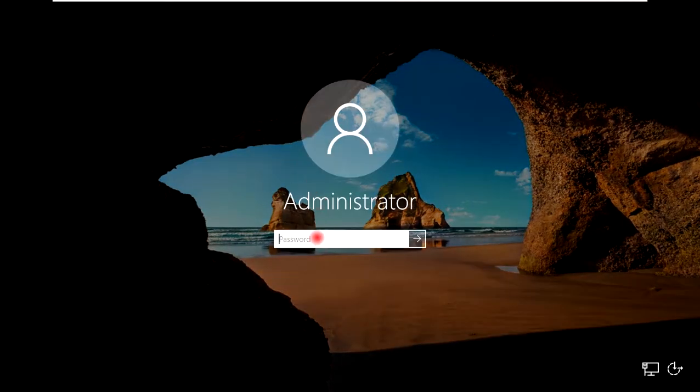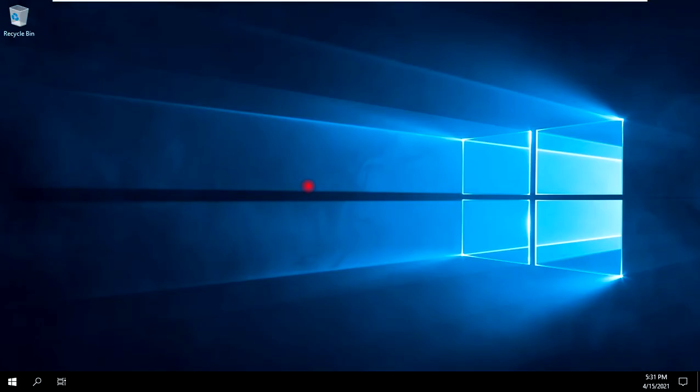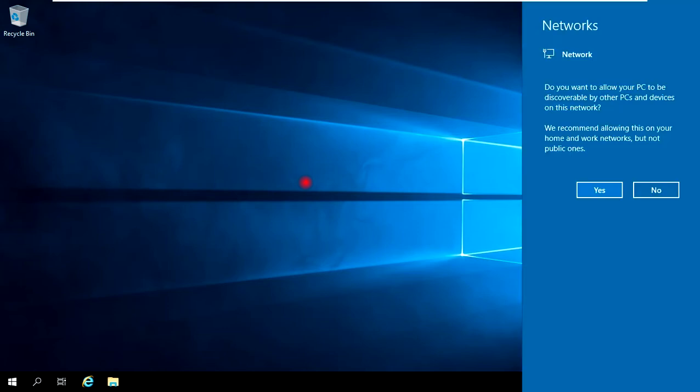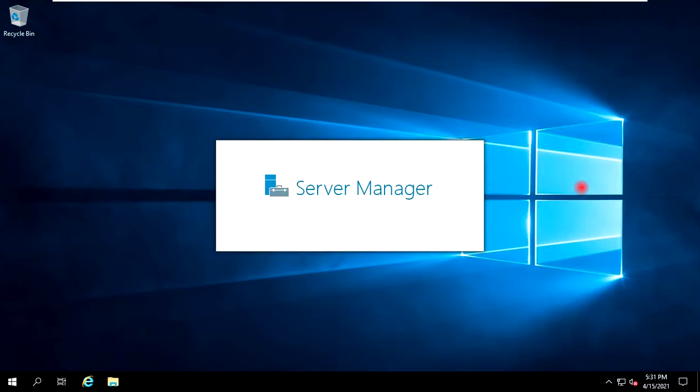I will provide the password for the administrator. We have now successfully logged into the local administrator account. Yes, it has taken the IP address from the DHCP also.